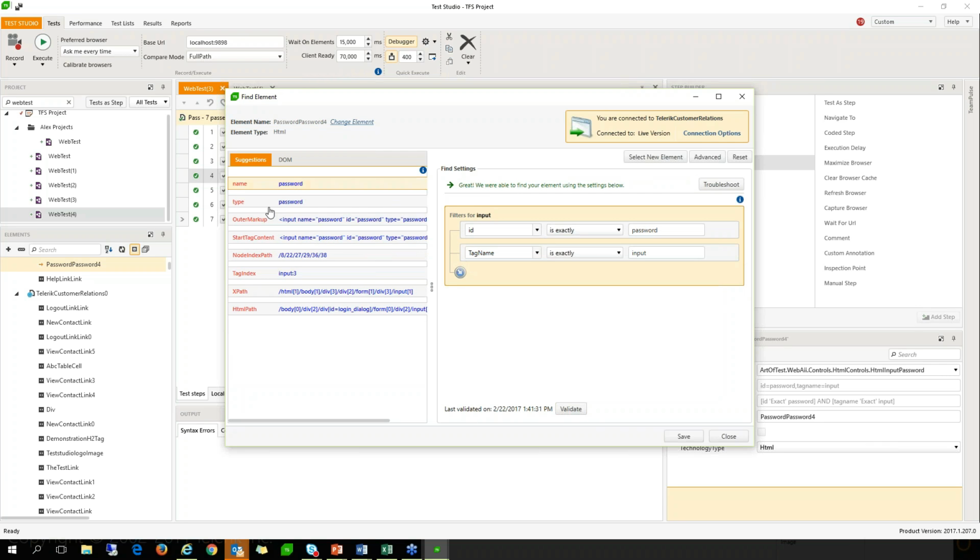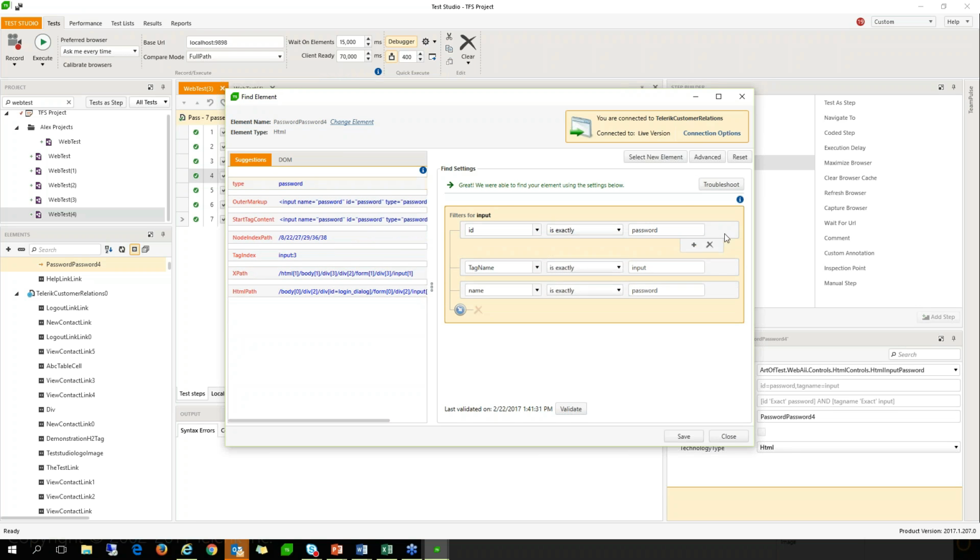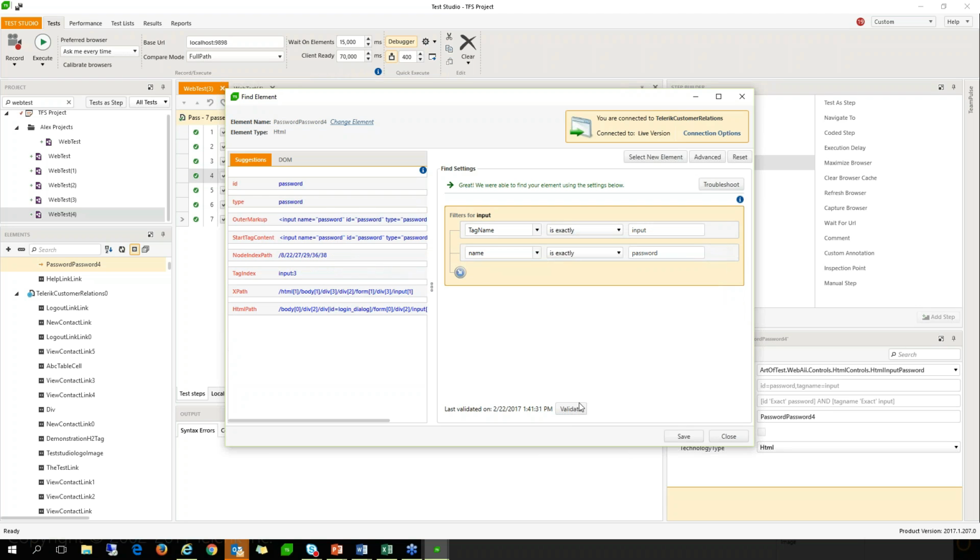And all the other stuff that Test Studio was able to find, down the list to the weaker and weaker, more location-based identifiers that have a lot of dependency on other things being correct in order for them to work. But I'm going to switch this out with name and ID. Okay? I'm going to validate that that still works, and while you're doing this, by the way, it's highlighting it